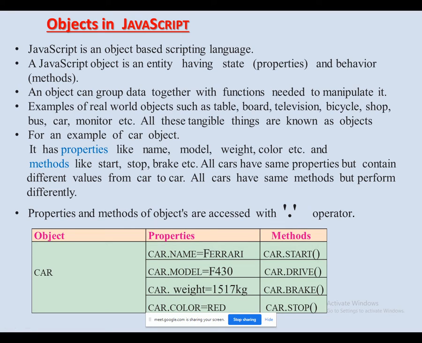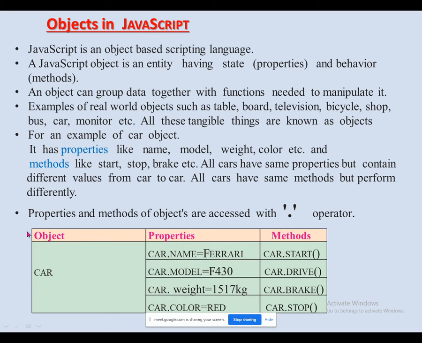To get the properties of any object, or to get the method of any object, the dot operator between the object name and the property is a must. For example, it will be very clear to you: just see document dot write. Whenever you want to display anything on the screen, how do you write it? Document dot write. Here document is an object and write is a method. In between, what are you using? Dot. That's why the statement is like this: properties and methods of an object are accessed with the dot operator. It will be more clear later on.